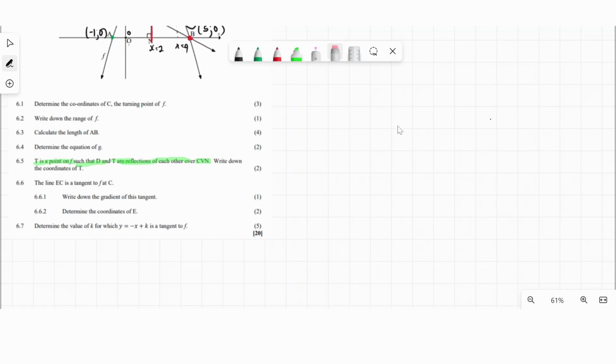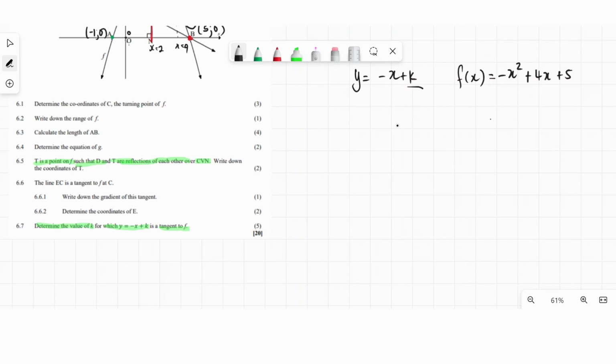So 6.7 says determine the value of k for which y is equal to negative x plus k is the tangent of f of x. So what do we know? We know that the equation of the tangent to f of x is what they gave us, y is equal to negative x plus k. And we know that f of x in our case is equal to negative x squared plus 4x plus 5. So what do they want? They want k. What is k in a normal straight line equation? k is